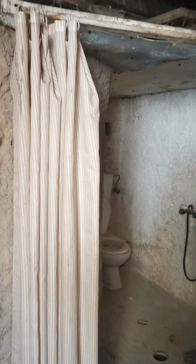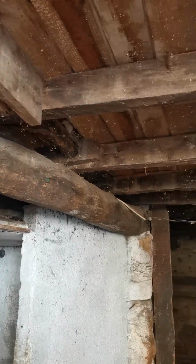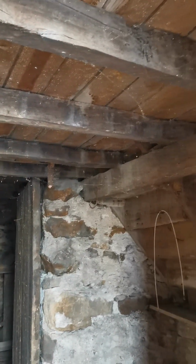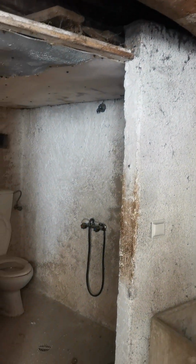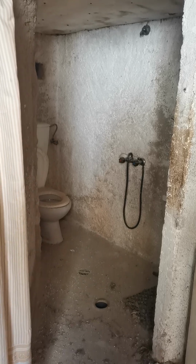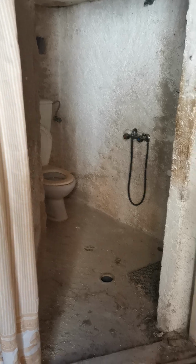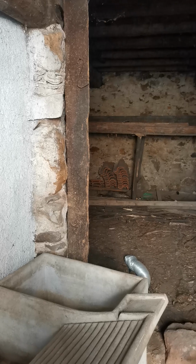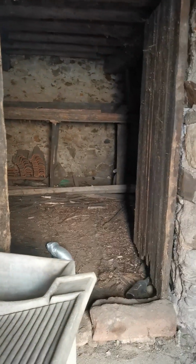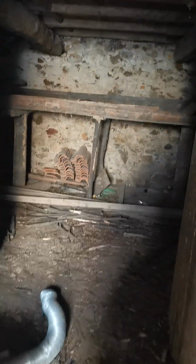You can see that the structure of the floor above and the main beams are okay. They don't all need changing. Definitely the main good thick beams are good. You've got plumbing here. So this property, although it's in a tiny little part of Penacova, does have mains drainage. So that's a big plus. No septic tank needed. So you could put a bathroom in here,